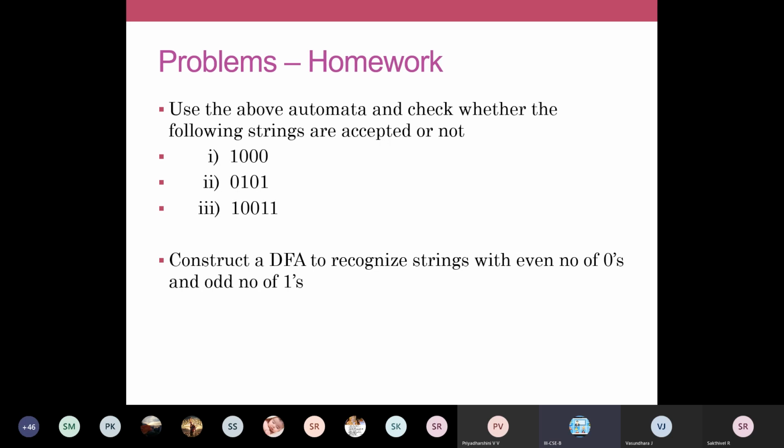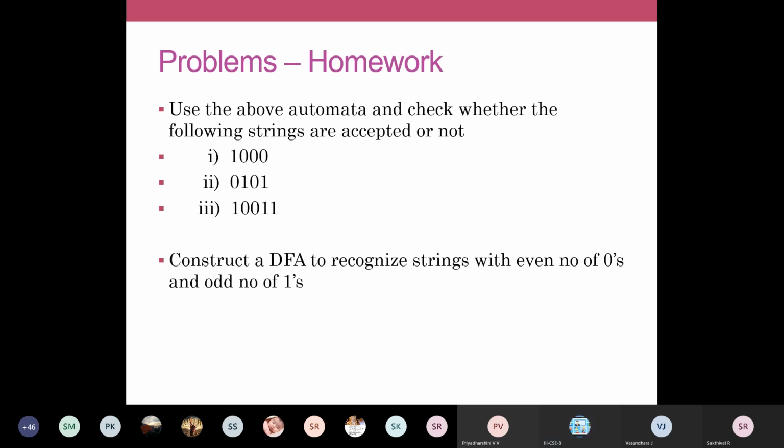Those things we are going to discuss tomorrow. Once again, you revise the problem for converting NFA to DFA, the NFA to DFA conversion problem, because a similar problem we are going to solve in epsilon NFA also. There is one problem called converting epsilon NFA to DFA. That we will discuss in our next class.